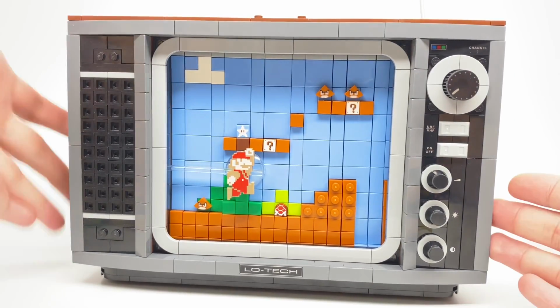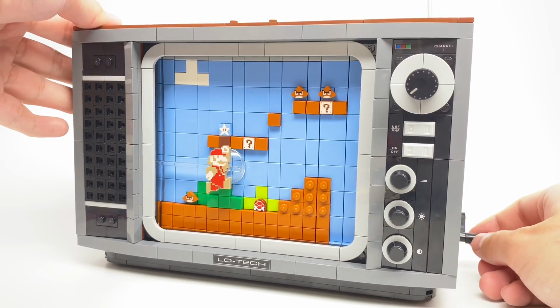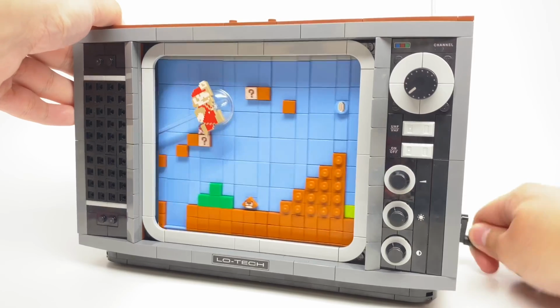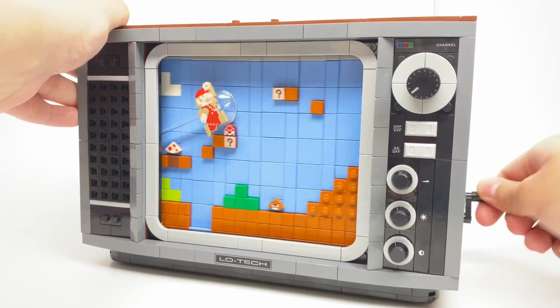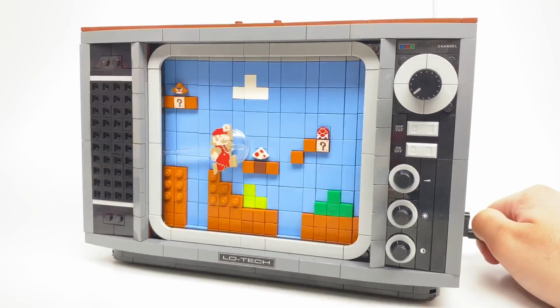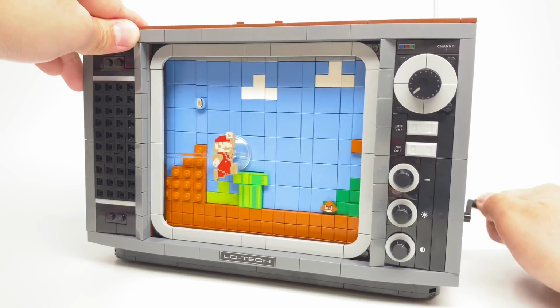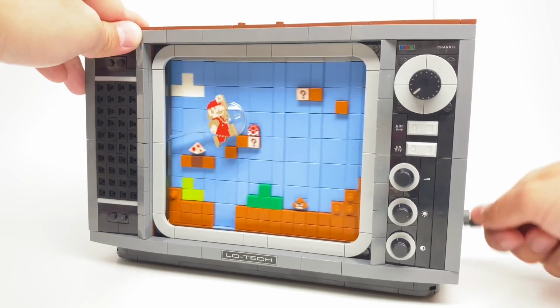The NES itself doesn't connect to this TV either, but to activate this play feature, all you have to do is spin this winch. Look at that. Holy crud. It's just crazy how this feature actually works and how it's made. And I'll show you how it's made in a little bit. But the fact that you can actually play a Mario level with a LEGO set that has no electronics whatsoever